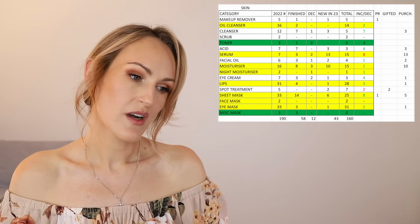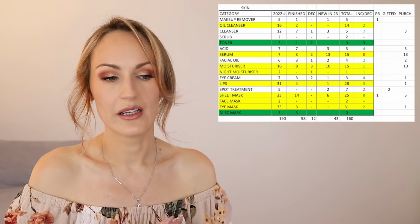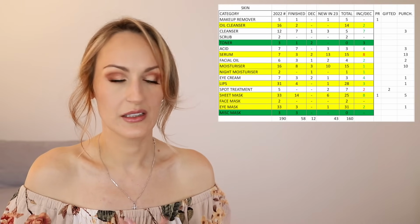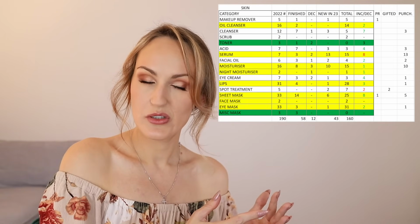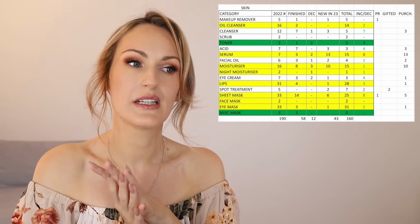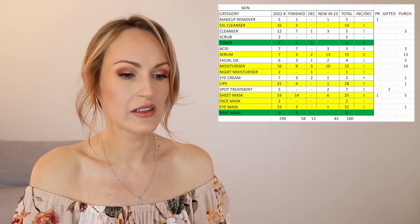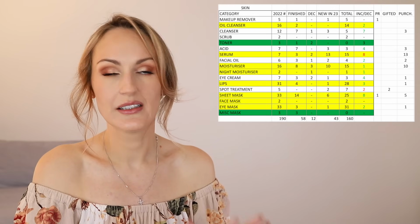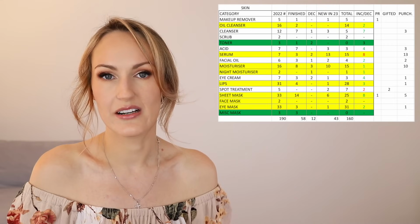For night moisturizers, I had 2 at the start of the year. I decluttered 1. That leaves me with just 1 night moisturizer. Sometimes I'm in camp, yes, night moisturizer, and sometimes I'm in camp, no night moisturizer. It simply depends on how much I like the moisturizer. This is one where I'm going to combine the categories for next year just to make it easier for myself